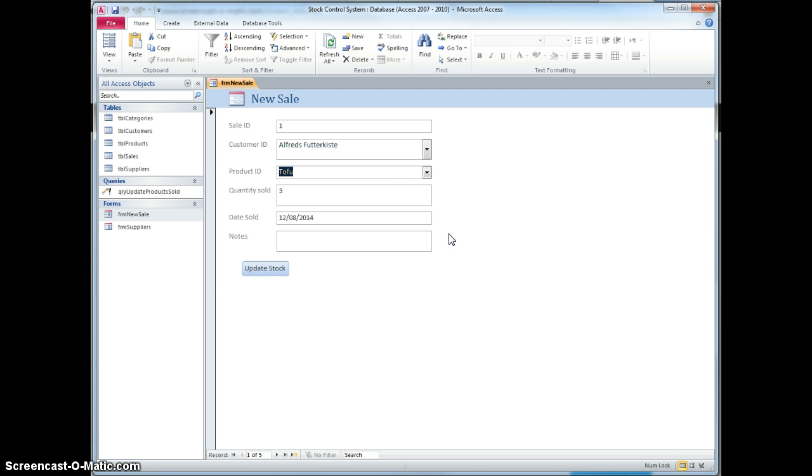For example, if I'm selling to Alfred's Futterkiste, I probably want to have information about that company on the screen, on the form as I'm doing it. Also, I'd like to see how many of a particular product are in stock. If I'm going to try and sell 3 tofu, I'd like to know if there's at least 3 tofu in stock, for instance. I can't do that with just this form as it is, because this form is based solely